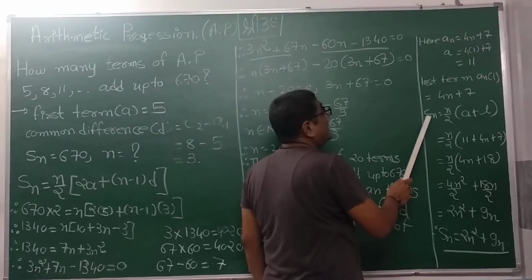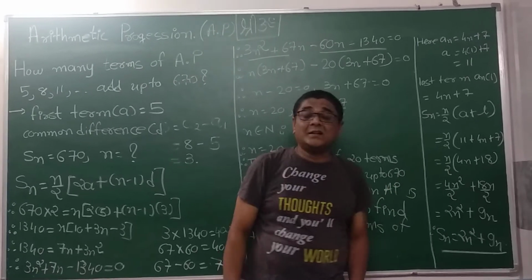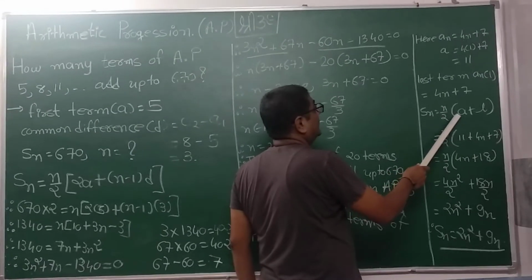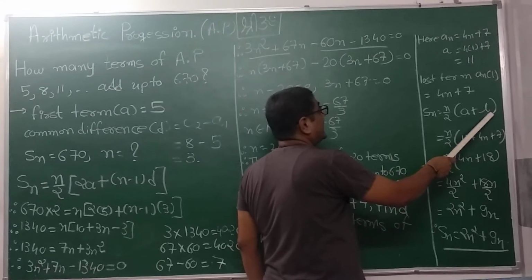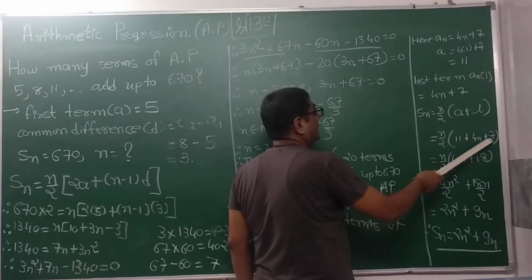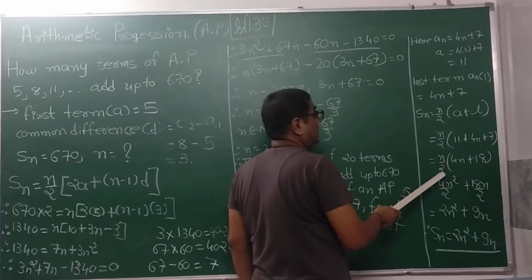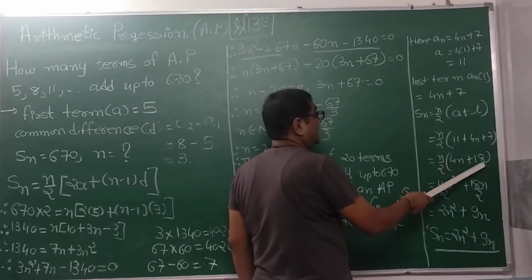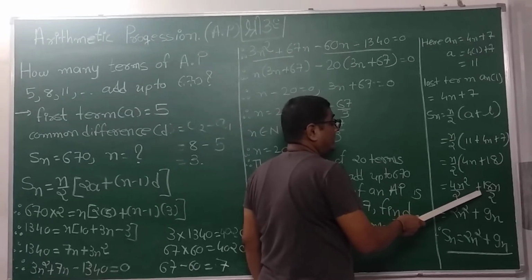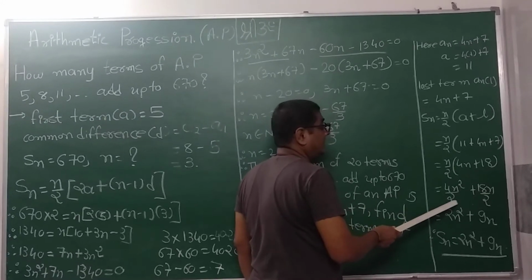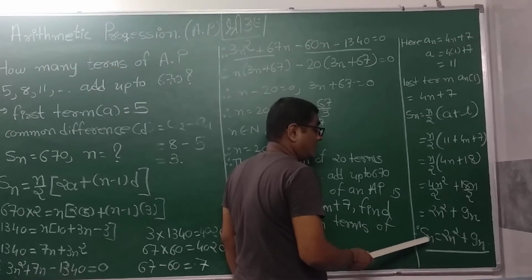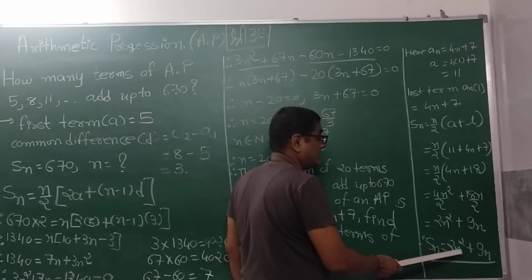Now the formula of the sum when the first term and last term are known is n upon 2 into bracket a plus l, where l is the last term and a is the first term. So the first term is 11 and the last term is 4n plus 7. We have to multiply, that is n upon 2 into bracket 4n plus 18. By distributive property we get 4n square upon 2 plus 18n upon 2, which cancels to reduced form, that is 2n square plus 9n. So the sum of the first n terms of the AP is 2n square plus 9n.